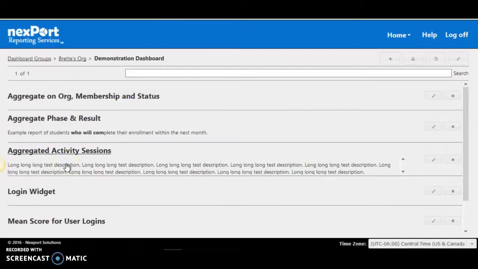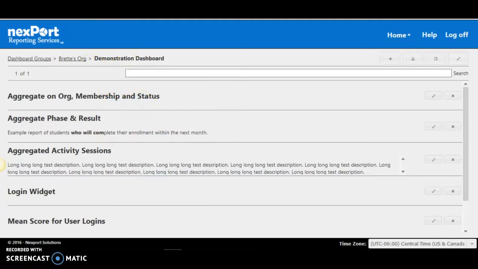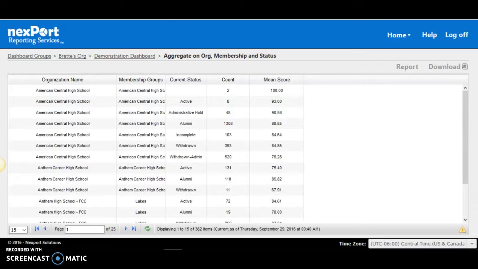This is a demo of the new dashboards in Nexport reporting services. So the old behavior of having the list of reports is still there. You can open up your report from here and we'll have all of the data in the format you're used to. If you go to the settings,